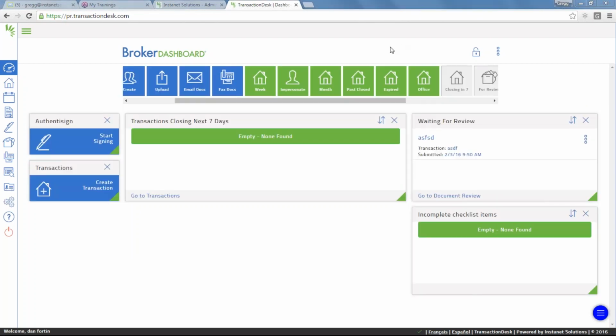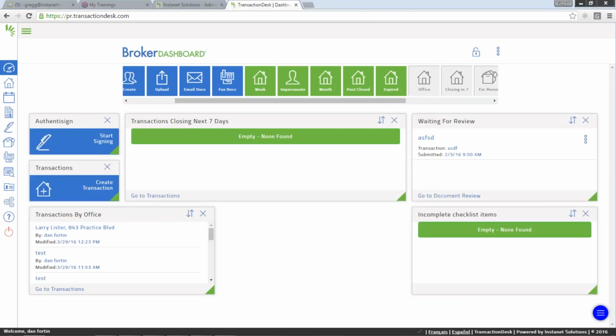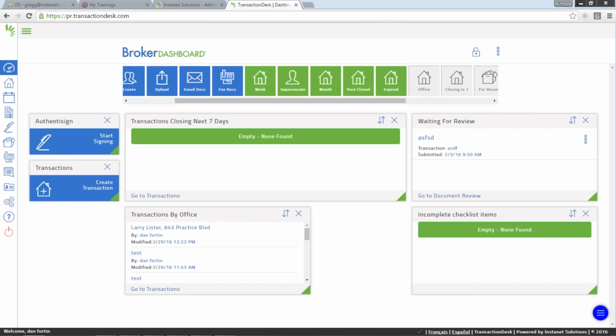Not sure what happened there, but Office, dragging and dropping to add that widget onto the screen. So now I'm seeing that widget. I think I'm showing again. I guess I can try to, don't know what happened, but